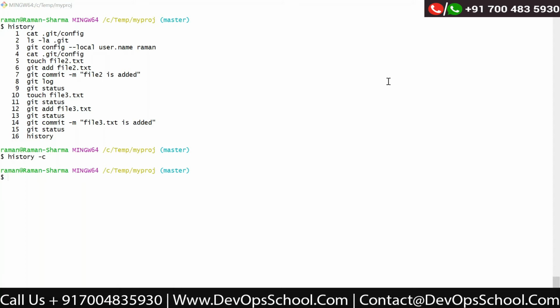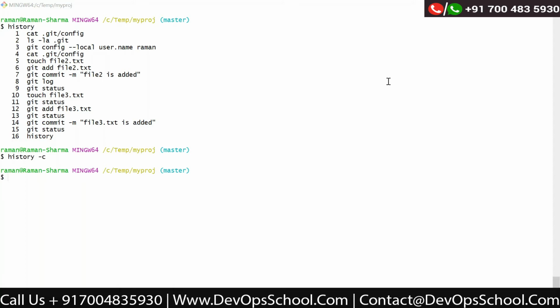Then we have discussed some commands related to Git, like the configuration file, which is at the global level and the local level. The global level configuration file is common to all the projects running on that particular system, and the local configuration file is related to that project.